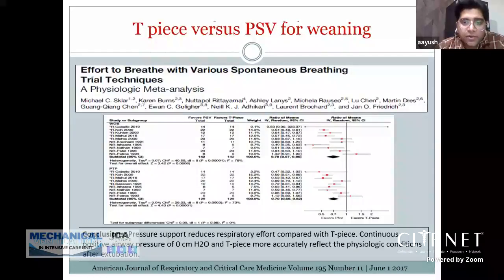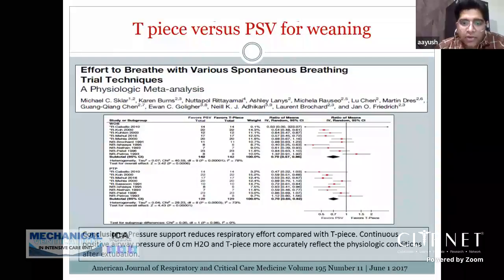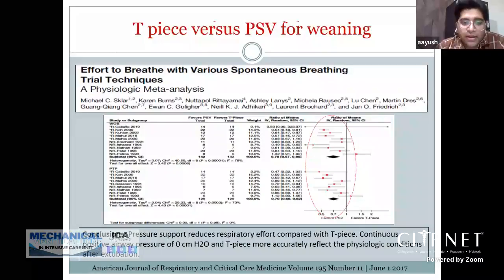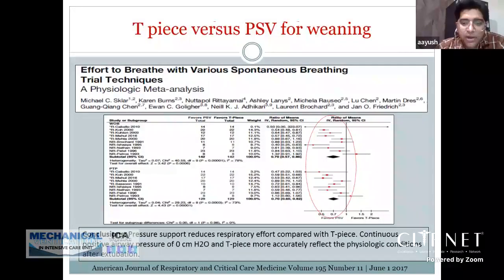To wean the patients who have a degree of LV dysfunction or who have a concomitant COPD, we would prefer to wean the patients on pressure support ventilation as compared to the T-piece trial when they're given SBT. And this is the meta-analysis which showed that giving the patient pressure support will lead to lesser work of breathing and lesser pressure time product as compared to giving the patient just a T-piece trial. And also, these are the subset of patients who should be weaned on an NIV as compared to just extubating them and putting the patients on a normal venturi mask.